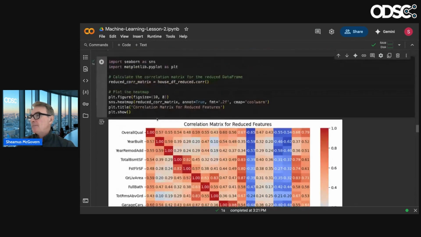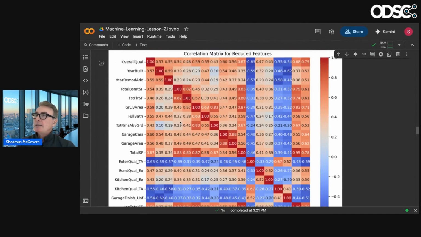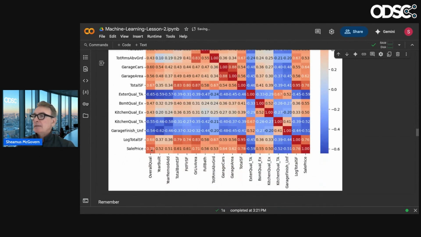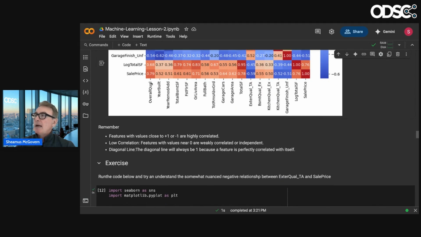And again, this one goes from red to blue, which you can see. So you can see here for sales price, the most strongly correlated feature is overall quality. And now year built is next. Actually, no, these are not ordered. Sorry. Total basement, year built is not that strong. So the reds here, total square feet. That's another close winner.